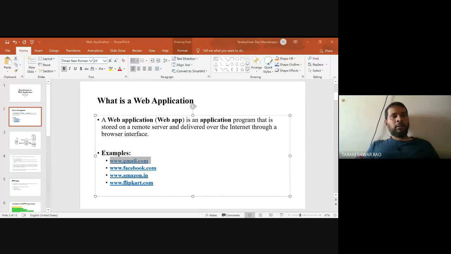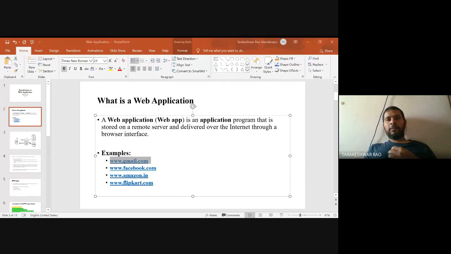All these come under web application examples. So coming to the features of web application, internet is mandatory. Internet is required, and multiple users can use it at a time.